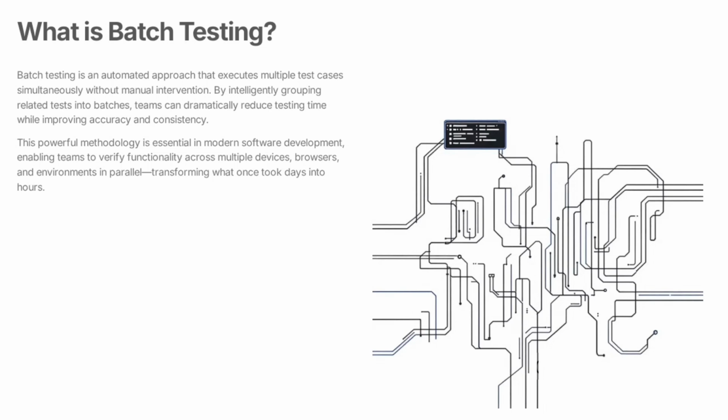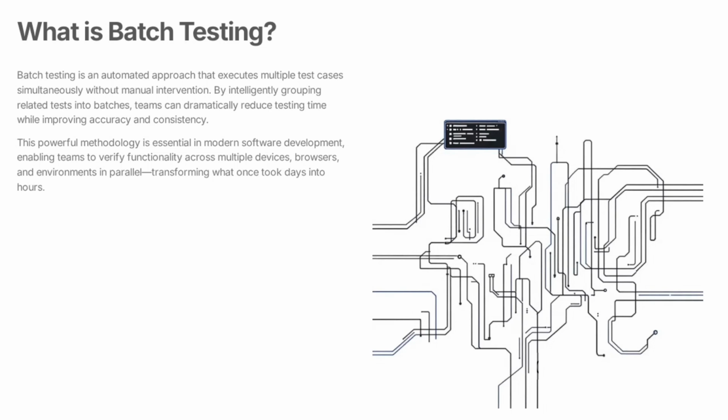When we run it, we run that particular tag or that particular flow of the software testing. But with batch testing, we run all those tags at the same time, in parallel execution. So it helps to reduce the testing time